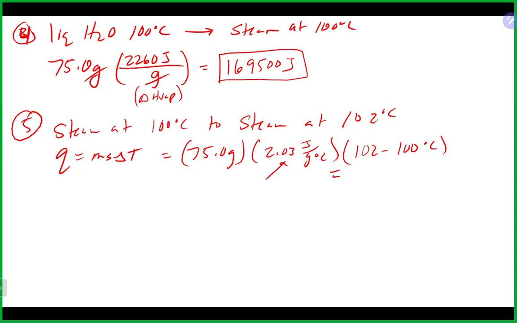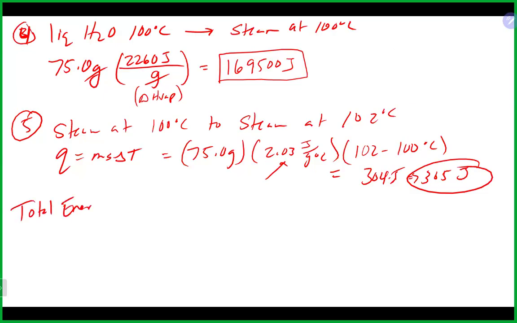About, what do we got there? 75 times 2.03 times 102 minus 100. About 304.5, we'll call it 305 joules in this case. So we're now exactly where we're at, and really to calculate the total energy that's necessary to do this